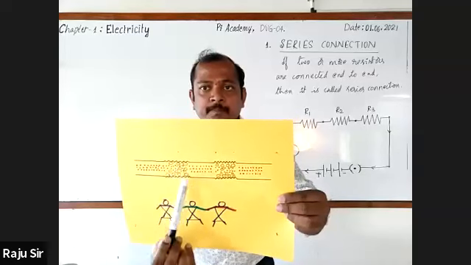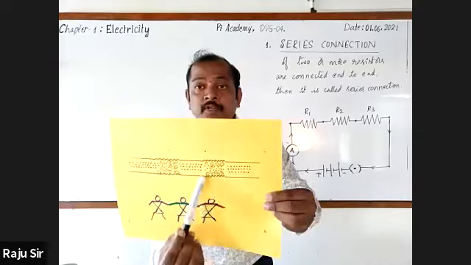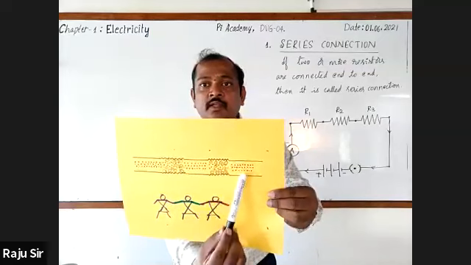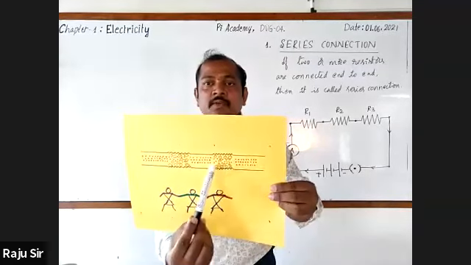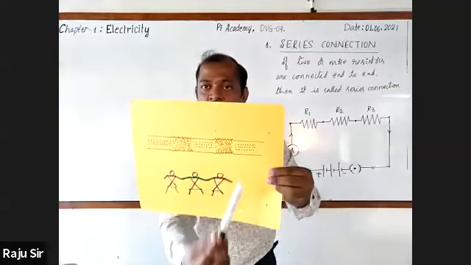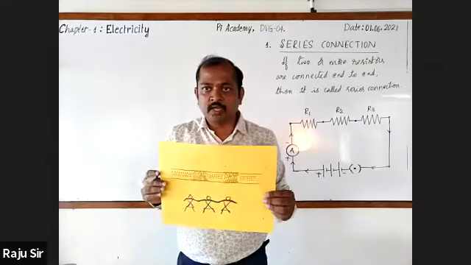Are you following? Yes, sir. Look here. Now, these electrons pass through this obstruction. Again, they come across one more obstruction. Here also there will be more opposition for the flow of electrons. If there is more opposition, then we can say electric resistance increases. If there is more electric resistance, the current again decreases. Got it? Understood or not? Yes, sir.